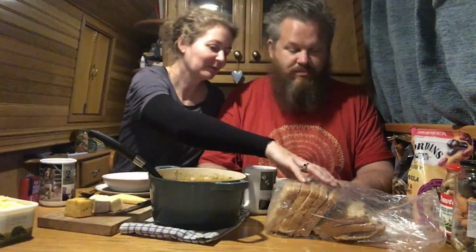So we've got our vegetable stew that's been slow cooking on the stove all day. And I've been sleeping in the back. I've had a nap, and during that nap I've spent the entire time being starving hungry because I've been smelling this wonderful stew. Poor you. And we've got some bread that we bought from the farm shop yesterday, local bread. And we've got some cheese. And some butter we absconded with from...